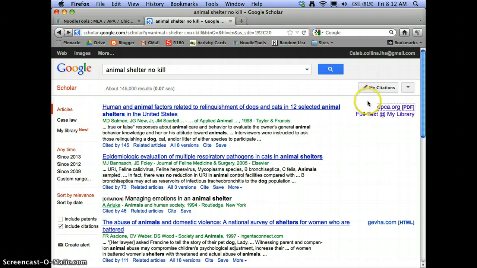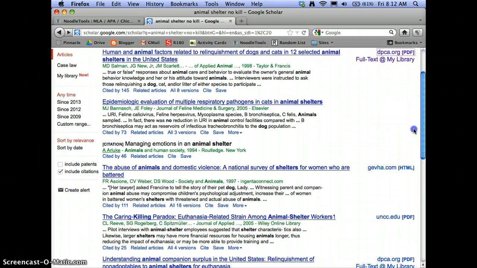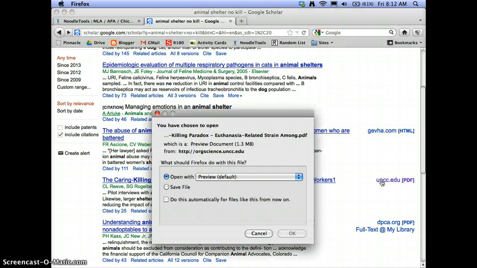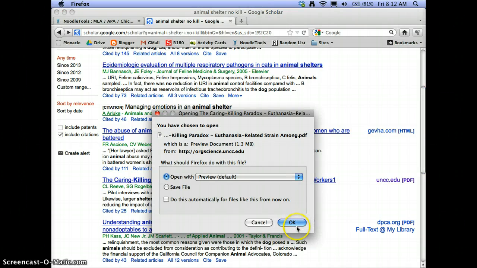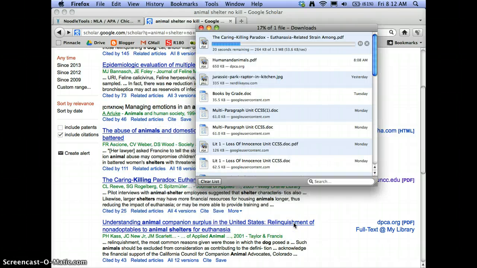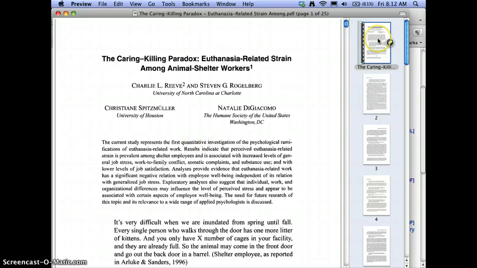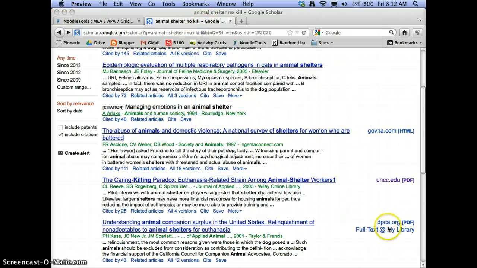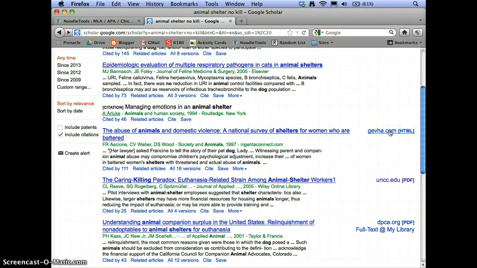If you look over here on the right, these other links are, I believe, often the full texts. And so if you click on something that says PDF, it will open a window where you can open the article. So it'll download it. And then there it is. So if they don't have those links, you might have to do some more advanced searching. But whenever you click these PDF links on the right or HTML, I imagine this will open a